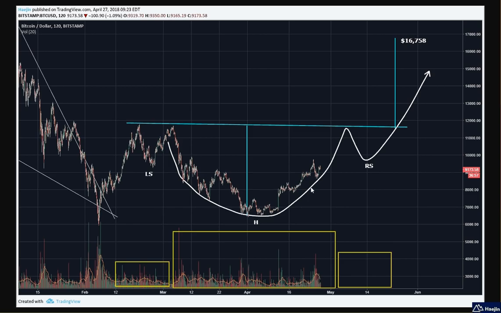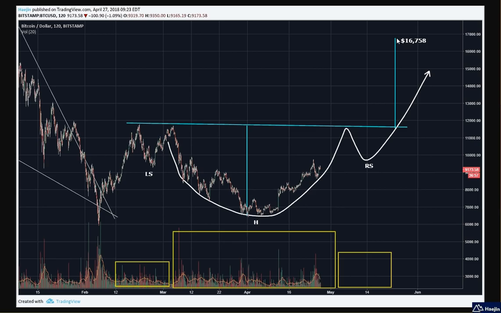And if we do climb up to the 11,800, it gets repelled, not repulsed, repelled, and makes the handle or the right shoulder. We can get a left shoulder, head, right shoulder, inverted head and shoulders. And from a minimum price measurement, that'll take us to 16,758.